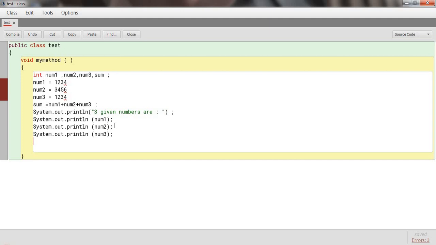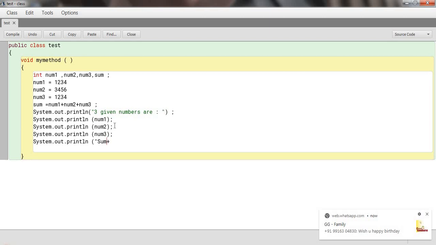Now there is a difference. Put a bracket and type in double inverted commas Sum. S should be capital.